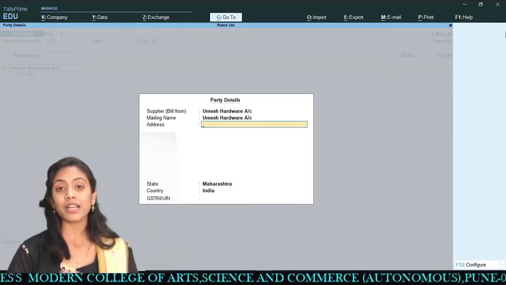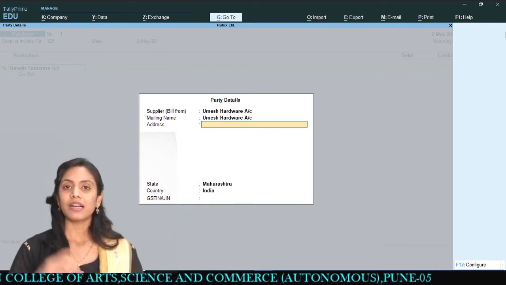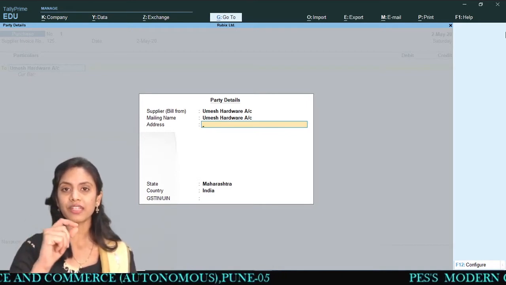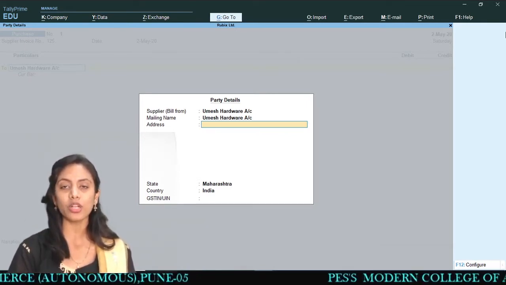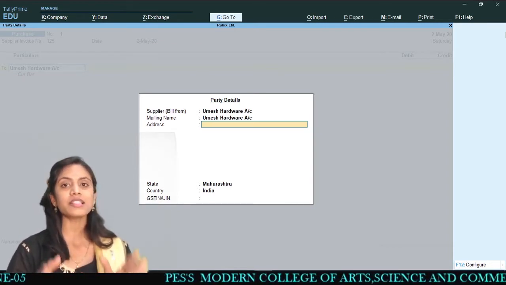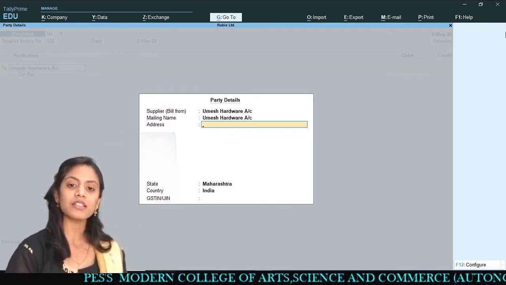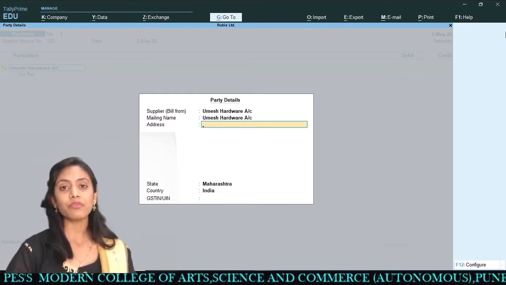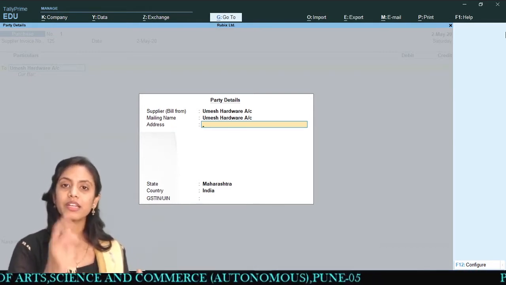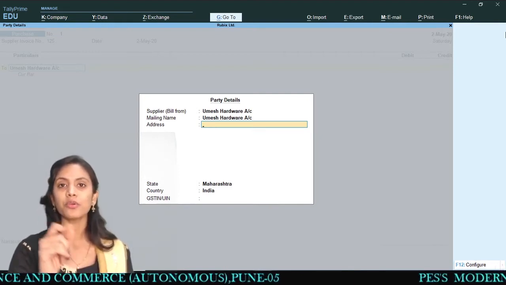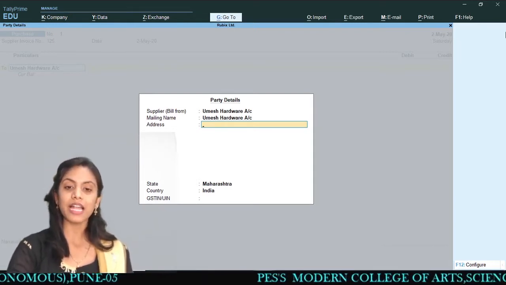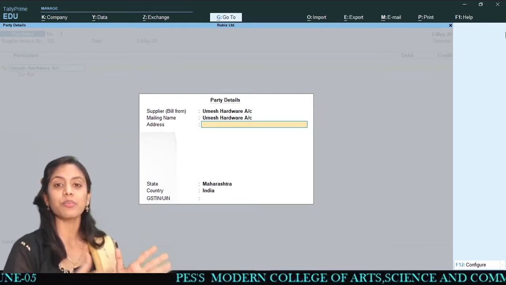And if you remember, when creating a company there was an option, F11 features. In F11 features we had written down whether you want to maintain stock data and all these things. We said no for that purpose, so they are not asking us for any stock-related details, right? But they are asking for some party details. Why is this? When we created this Umesh Hardware ledger, at that time they were asking us, do you want to maintain bill-wise details? At that time we said yes, and that's why they are asking us these party details.